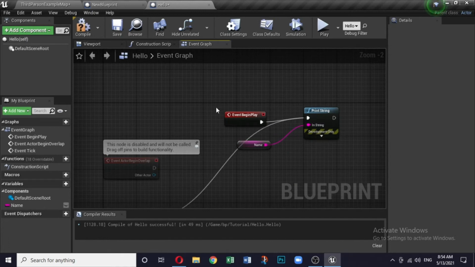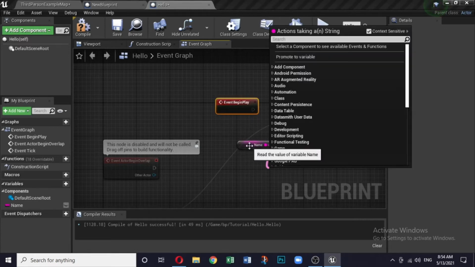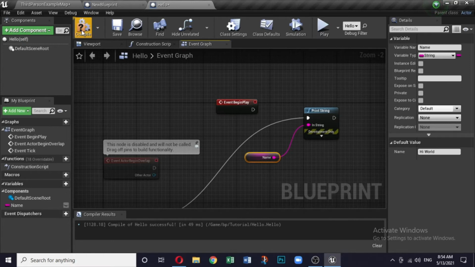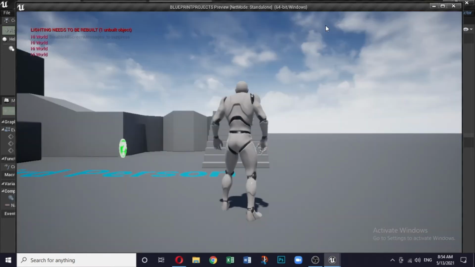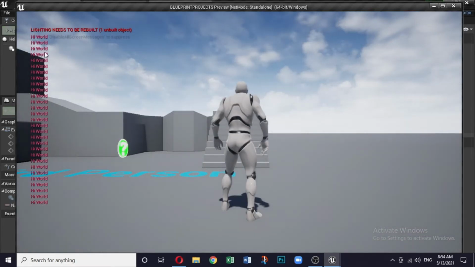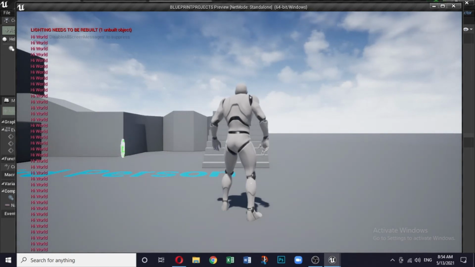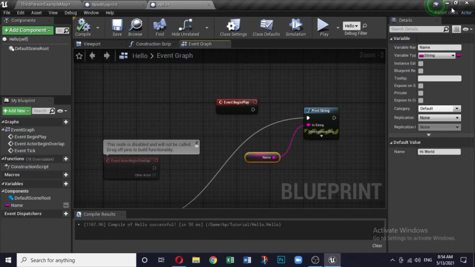Let me disconnect this and compile it. It will keep on happening with every frame. It is like a repeated event that you want to happen. Anyway, we will restrict ourselves to this event begin play. We are not getting into tick.